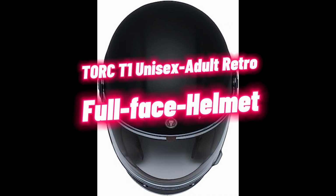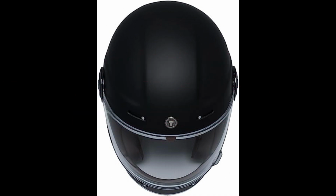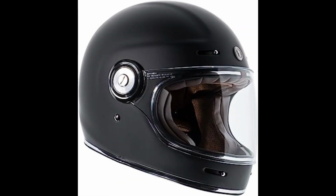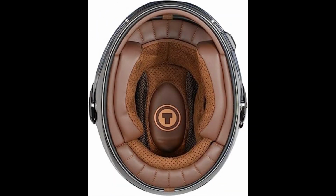Number 2. TORC T1 Unisex-Adult Retro Full Face Helmet. The TORC T1 Unisex-Adult Retro Full Face Helmet Style Motorcycle is a sleek and stylish helmet that is perfect for riders who want both safety and a retro look. This full-face helmet features a classic design that is sure to turn heads, while still providing the protection and comfort